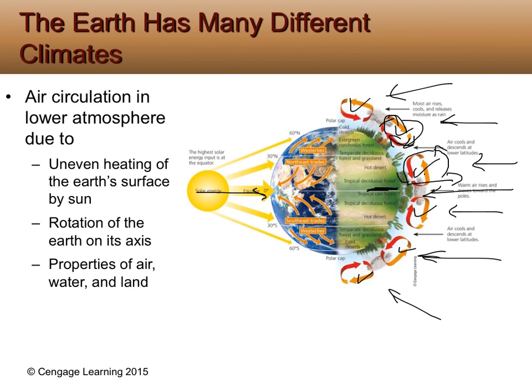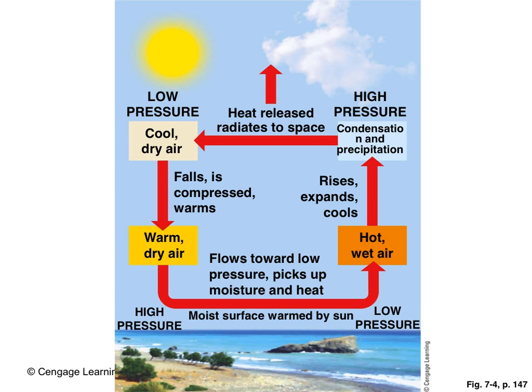If you think about the region where we live, we actually get affected by Lake Michigan a lot because what happens in the summertime is we've got cool air, and that cool air is going to blow into Milwaukee and actually cool us down. The opposite's going to happen in the wintertime where the water, because of its high specific heat, stays warm, and it's going to blow onto land and actually keep it a little artificially warmer on the east side. Here's just another way of looking at it.